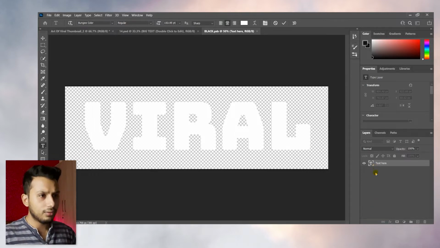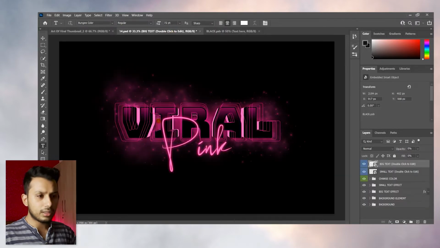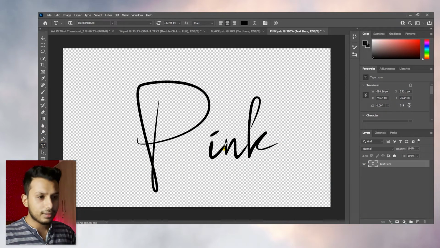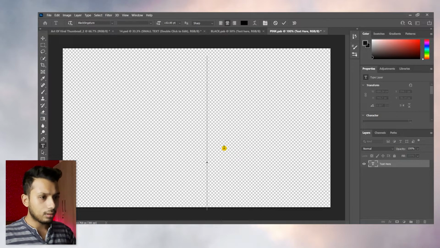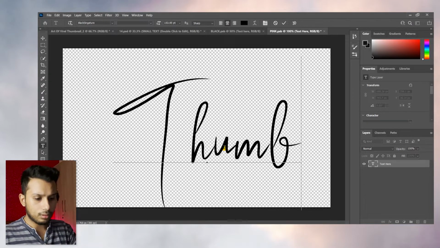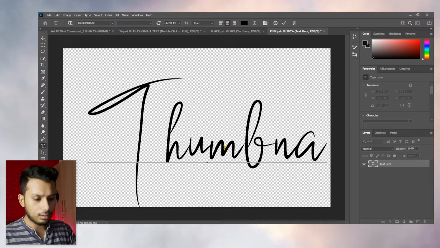and then I want to save. Now the text has been changed over here. Now I'm going to change this pink text to thumbnails. Wait, Control Z. So I'm going to select the text. Sorry, THUMBNAI